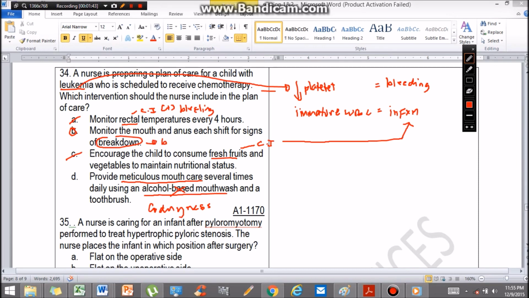And breakdown can lead to what? Episodes of bleeding. And the client is prone to bleeding, remember? So D is the answer. So you need to monitor so that you can prevent it earlier. Next,